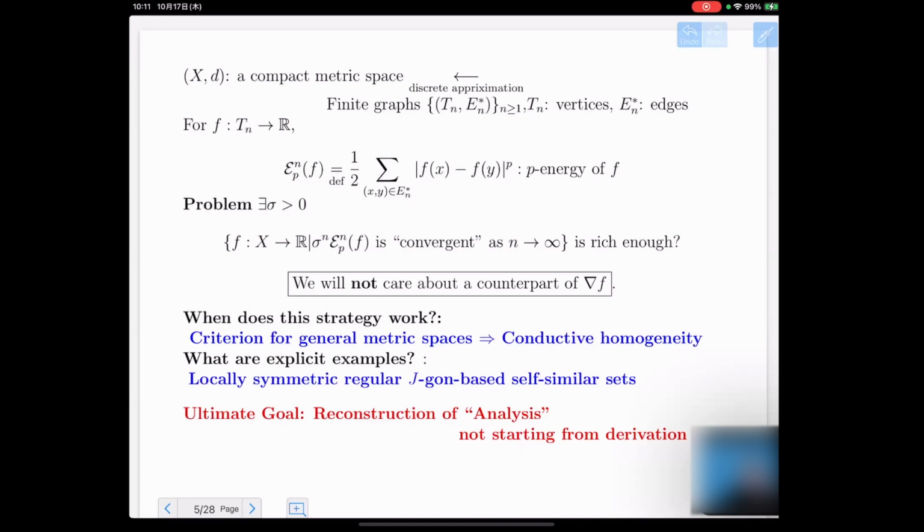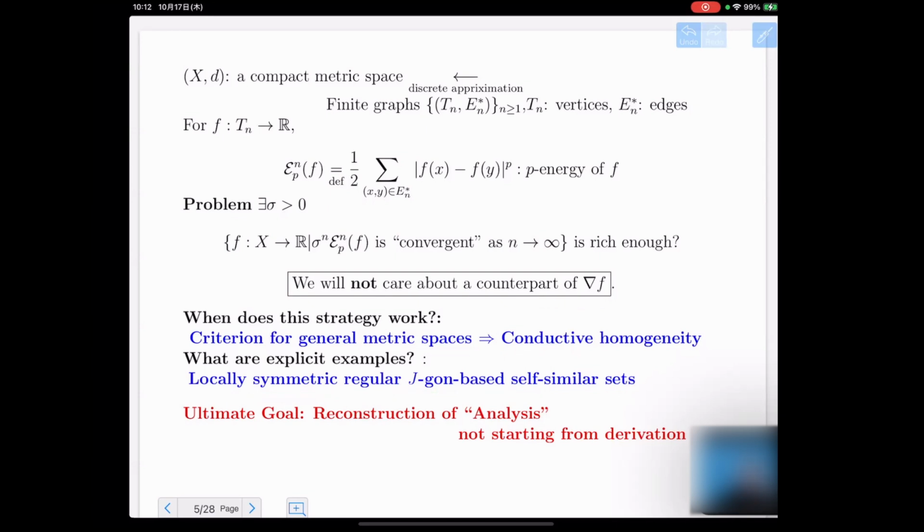So there are several questions, two questions in particular. When does this strategy work? The answer is the notion of so-called conductive homogeneity, and this is a condition for general compact metric spaces. And then, what are the examples? Are there anything new or interesting which satisfies this conductive homogeneity? I want to talk mainly about these examples, but before that,